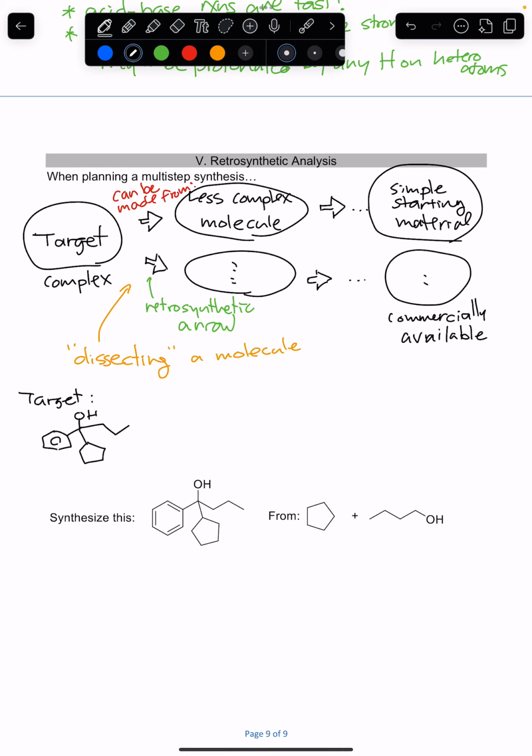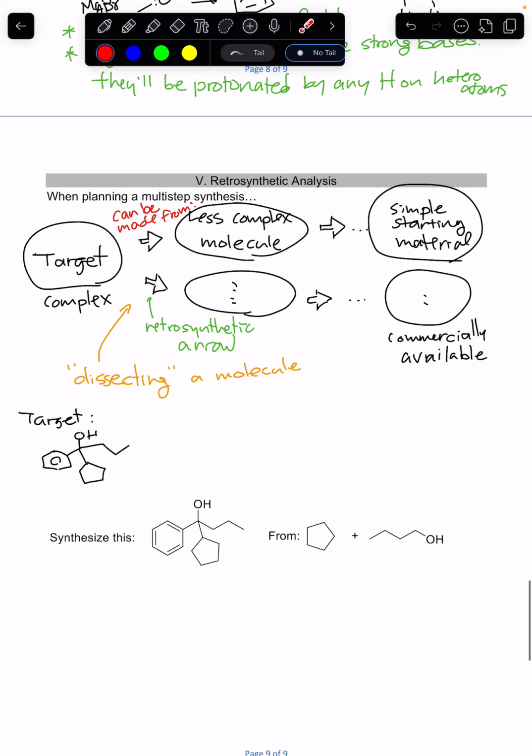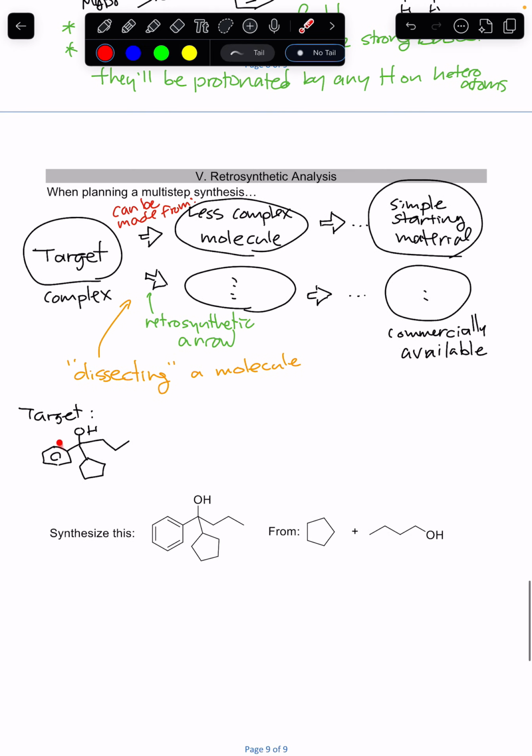Okay, and you want to, but you could only buy these starting materials from the chemical company you work with, let's say. So how do you do that? You start with the target. You don't start planning the synthesis from the starting material, because then it's really hard to come up with a good synthesis. So you start with the target, and you pay attention to the functional group present,